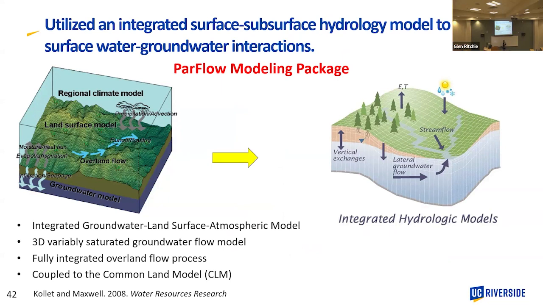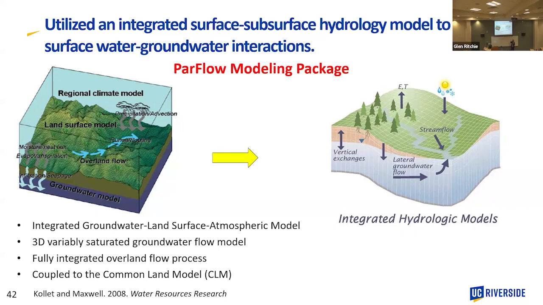Basically, it uses the 3D recharge equation for the subsurface, is integrated with an overland flow to simulate runoff, is coupled to a land surface model to look at water and energy balance on the land surface, and an atmospheric model. What does it mean? We could use a model like this to predict how changes in groundwater could influence wind speed. And actually people have done it. Reed Maxwell, now at Princeton, one of the main developers of these models.